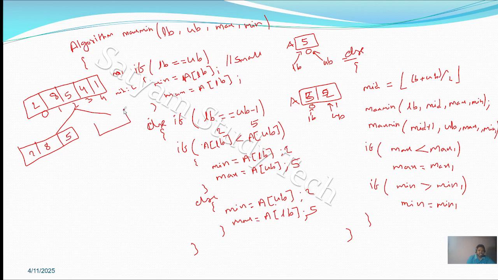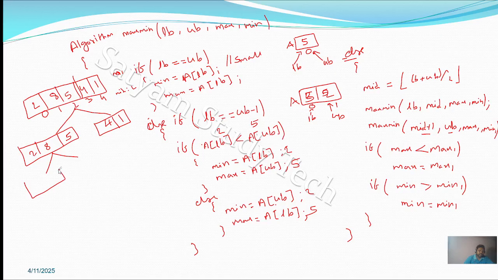This part consists of 2 elements, that is mid plus 1, that is the lower bound and upper bound. So mid plus 1, the mid value is 2, 2 plus 1 that is 3. So here it is one part, 4 comma 1. This is the second array. So here also we have more than 2 elements. Here also you can divide it into